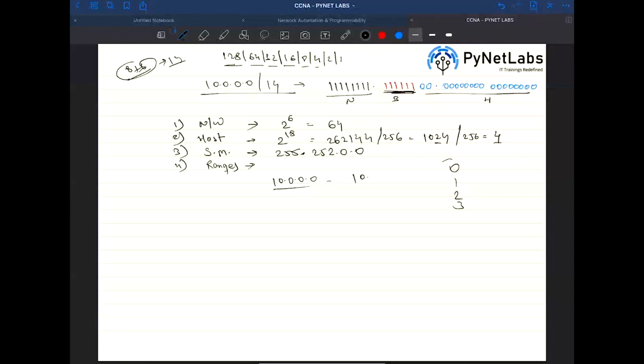So we end up at 10.3.255.255. That's the first network of our 64 networks. And then for the second network, we start at 10.4.0.0 and we end up at 10.7.255.255. For the third network, we start at 10.8.0.0 and we end up at